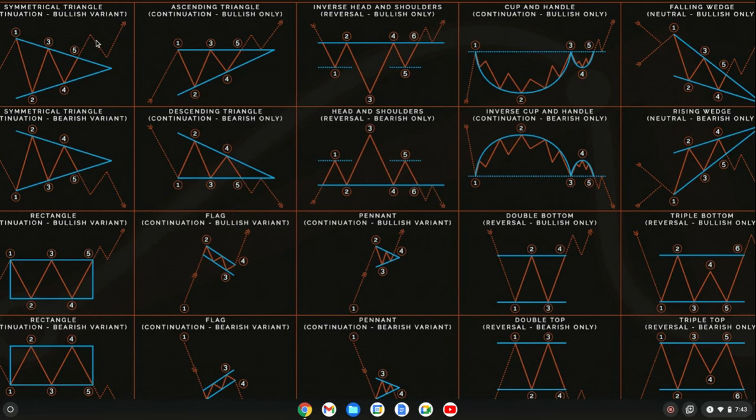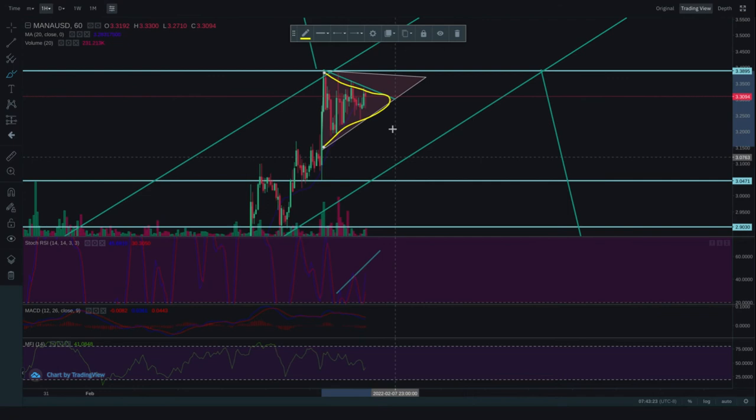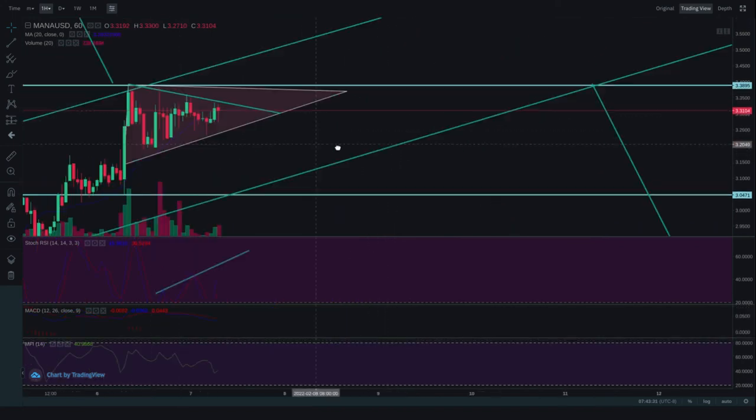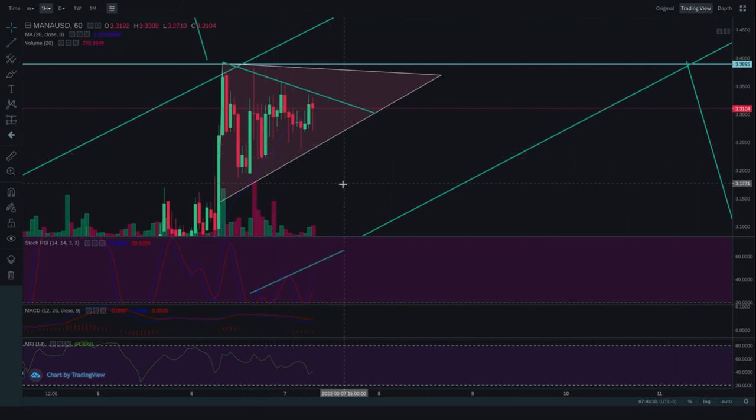At the top left, if you notice, there are symmetrical triangles. They both go either way, so you really just have to wait and see, get a retest, see what goes up, see what happens. Out of this little triangle, if it were to be a triangle, with the RSI working its way up,